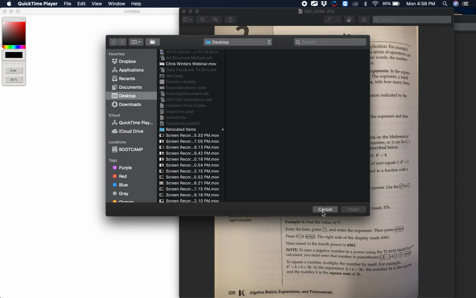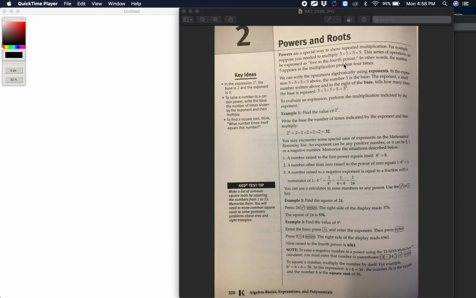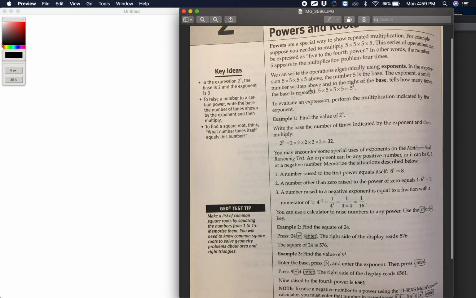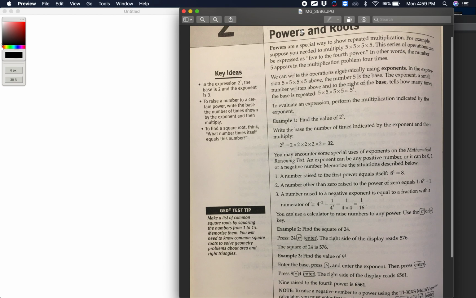Back to lesson 30 of the GED. So we are discussing powers and roots today. Fun. Okay, so basically a few things to remember when discussing powers and roots, or when dealing with powers, for example, is